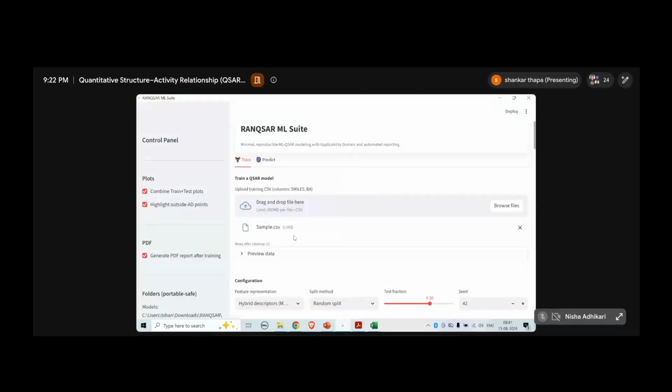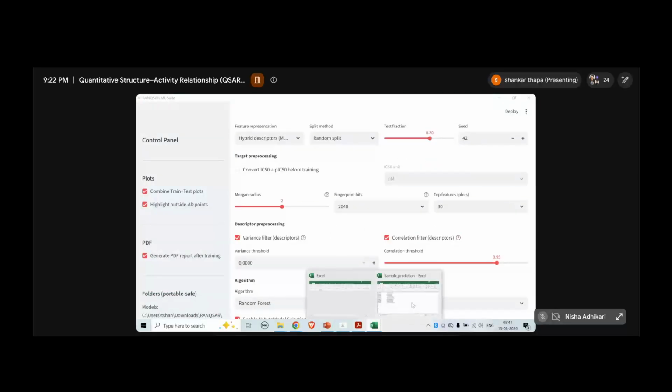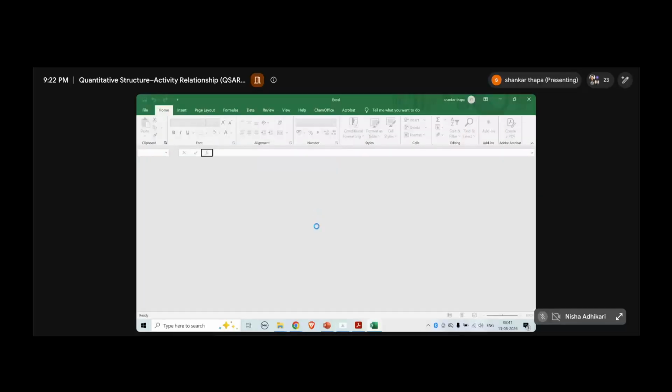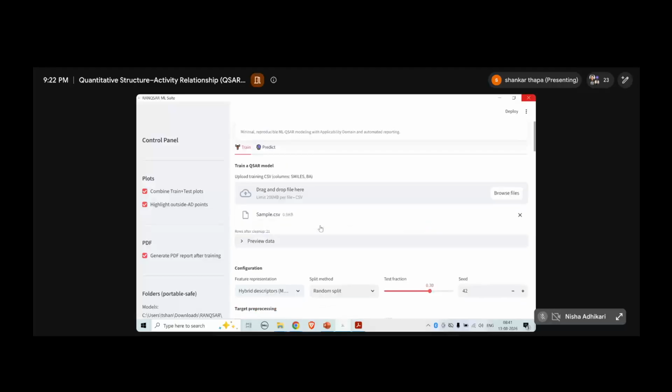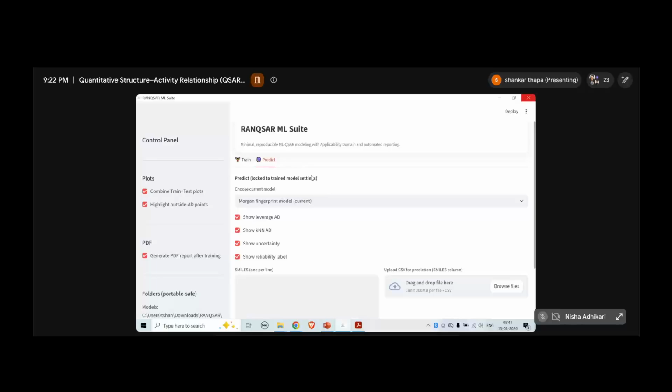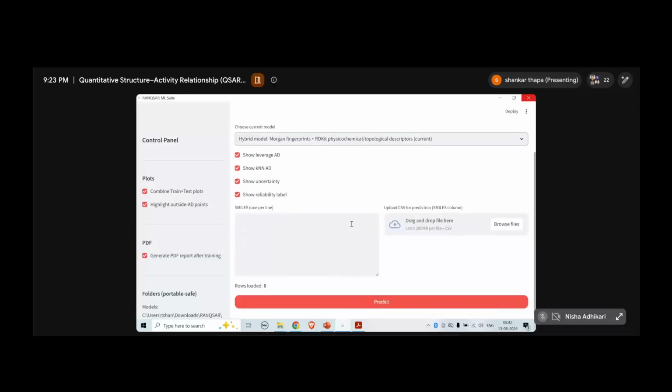Now the developed model we will use to find out the IC50 value of these 100 compounds. It's very easy. Just go to predict here. After predictions, you have the option to choose the current model. It automatically gives you the current model or hybrid model. Let's say we choose the hybrid model. Then you upload that file here, browse the file,